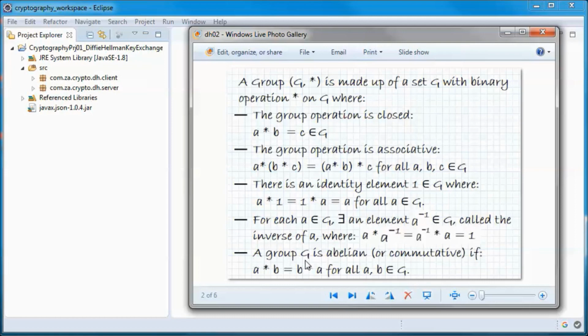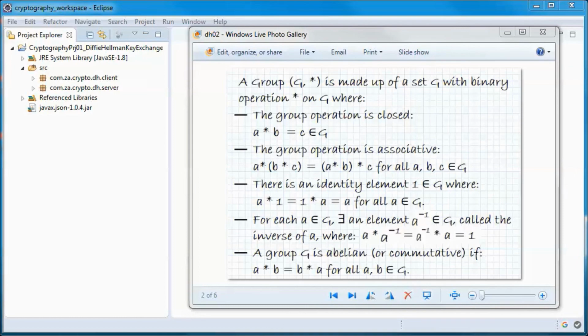And a group G is abelian or commutative if A times B is equal to B times A for all A, B in G. So now we know what a group is.